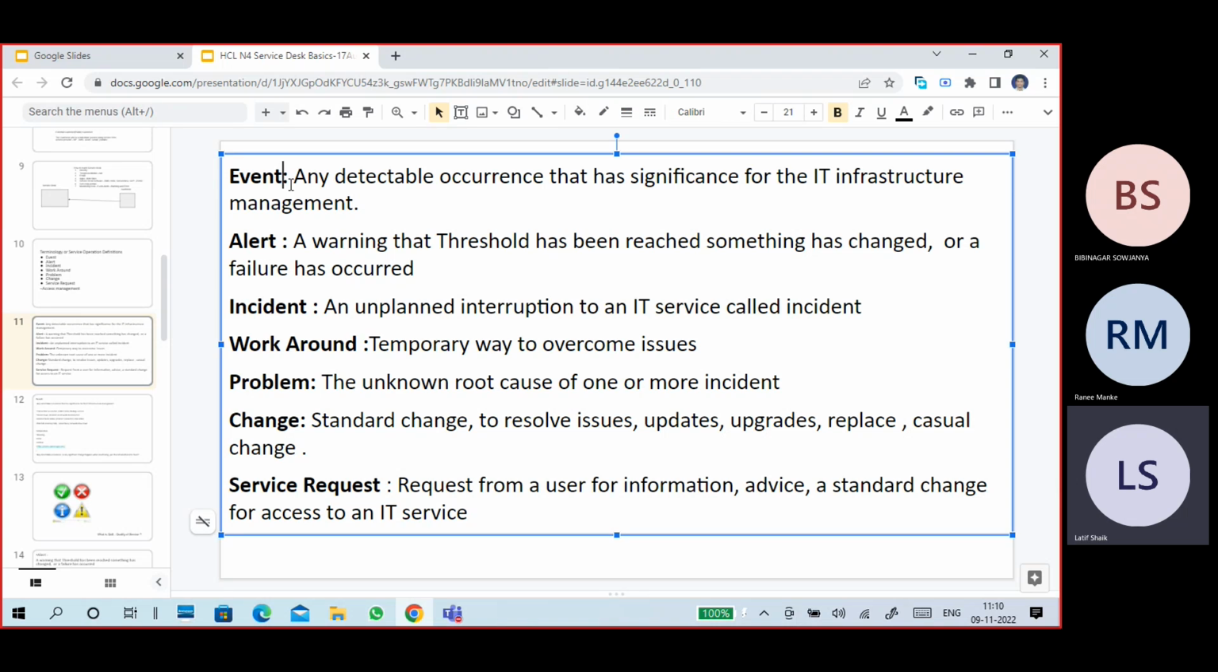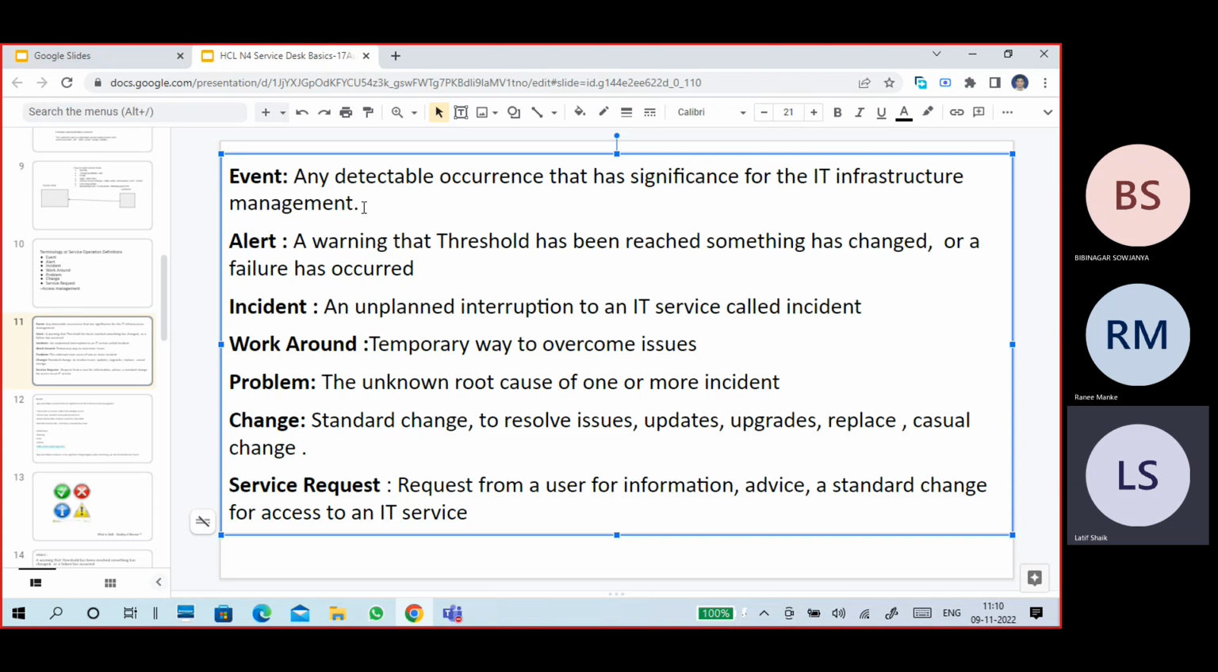Okay, look at this one. Event management, right? What is an event? Event management means if an event occurs, then managing the event, understanding it, and acting according to it. But what is an event? Any detectable occurrence that is significant for IT infrastructure management. Any detectable alert,